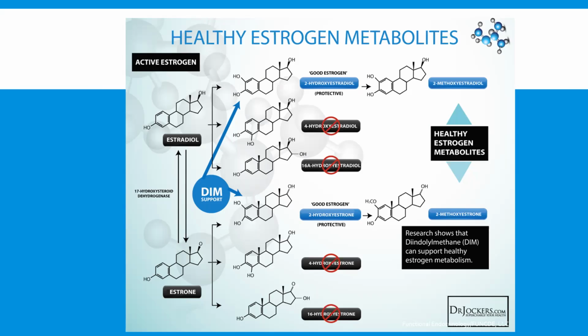And what can we do about that? We need to support the genes that help you to process the estrogen into a better pathway. Frequently, it will be with a product called DIM, diindolylmethane. Then you want to make sure you have a good methylation pathway, because you can see part of it goes through